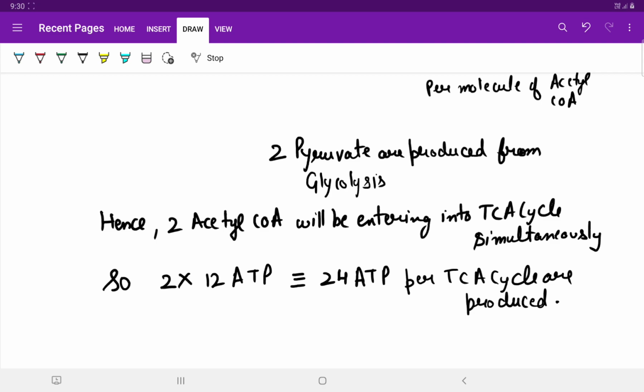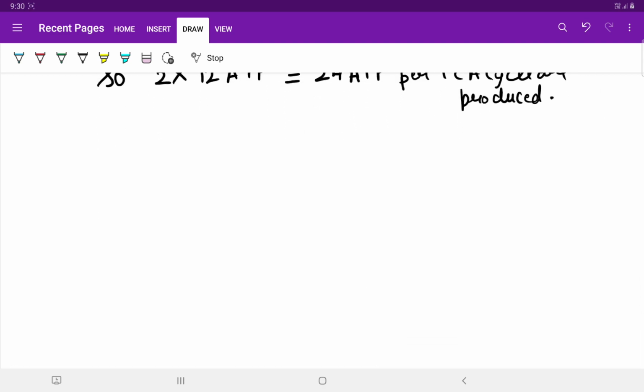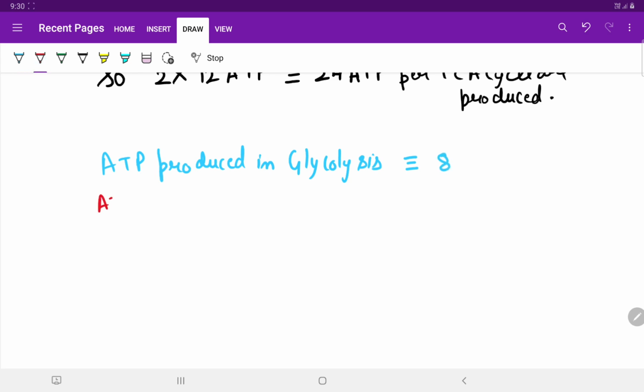So students, I hope now this is all clear to you. We can remember the bioenergetics in short also. We all know that ATP produced in glycolysis is equal to 8 ATPs. Then ATP produced